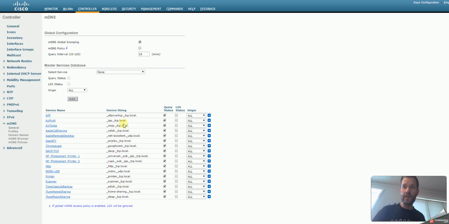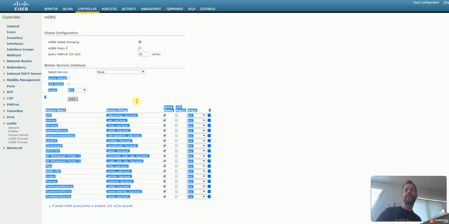So you see that I have some stuff like Chromecast I added manually before because I was debugging it and found out it was not in the list. So we did a little debugging, and the debug was complaining that this string was missing. So we copied it from the debug, added it to the global